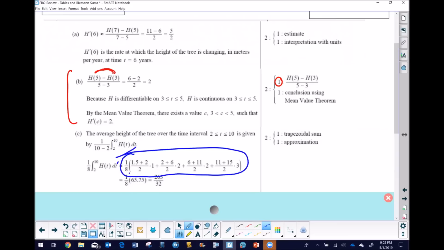But you get 1 point for the trap rule, or the trapezoid sum, I should say, and then the approximation in blue takes care of both of those. You were allowed to make a mistake or two in this trapezoidal setup. You would still earn the trapezoid sum, but you would forfeit the approximation sum. And it's very likely